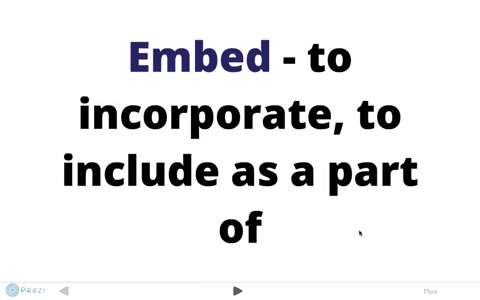what that means. It means to incorporate, to include as a part of. So whenever I talk about being sure that you embed quotes, that means you need to be sure to include them within your sentences and within your writing and not just have them floating out in the middle of your